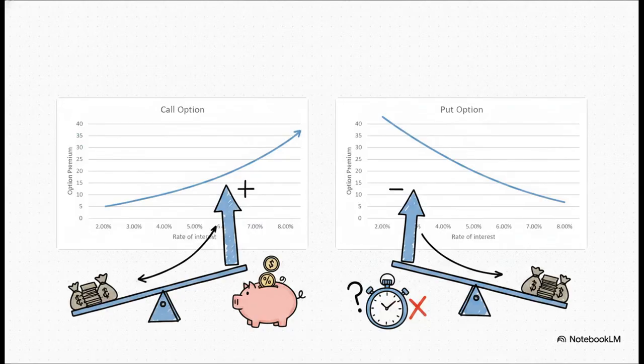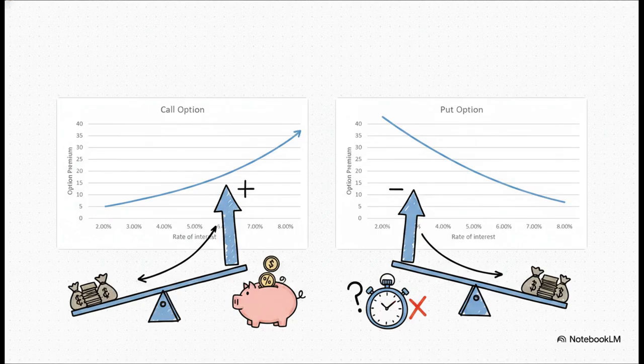Another massive factor driving price is the economy's interest rates. Rising interest rates behave exactly like a seesaw in the derivatives market. As rates go up, the premium for call options goes up. Why? Well, because buying a call option is way cheaper than buying the actual stock, leaving you with all this extra capital. In a high-interest environment, you can put that saved capital straight into a bank, earn high interest, and that makes the call option more valuable.